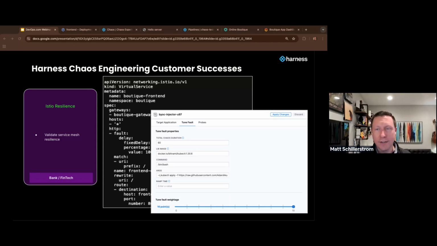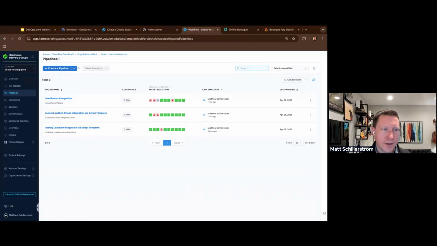And this is very aligned with how load and performance testers and QA engineers work, right? They create that benchmark and baseline so that they can measure it again and again and make it repeatable. So those are just a couple of use cases. And then I'm going to click into a few things as well.